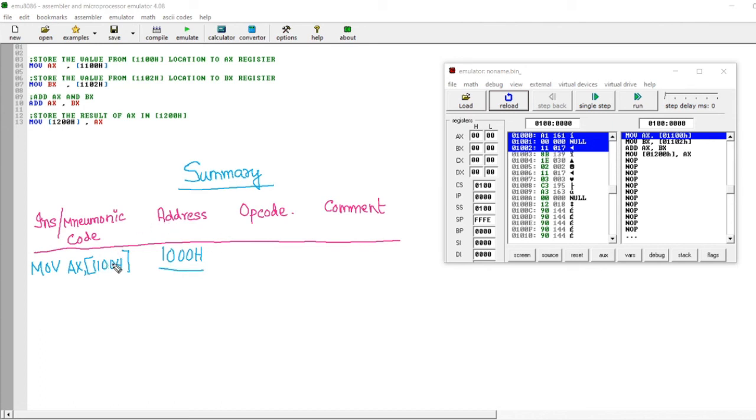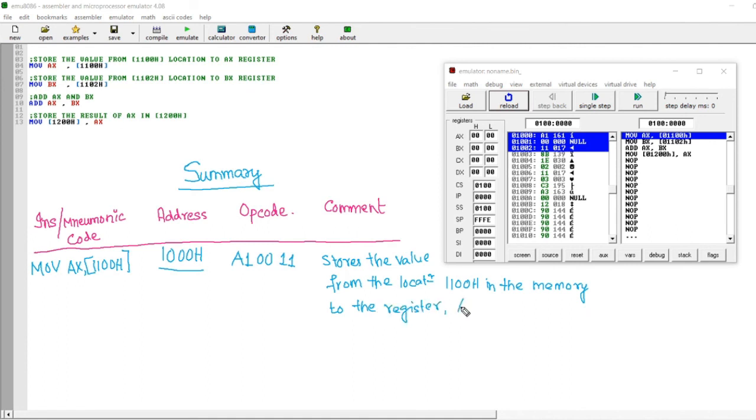The opcode for the first instruction is this column, that is A10011, and the comment that we can write for this instruction is: stores the value from the location 1100H in the memory to the register AX.